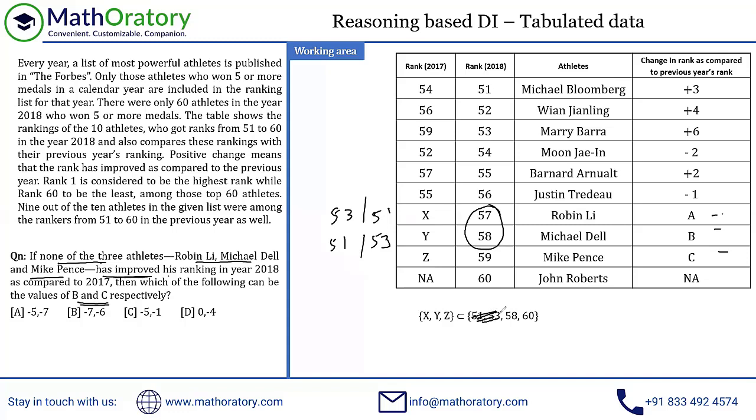So don't worry about this anymore. For the Z, we cannot assign 60, so this C becomes positive in that case. So it has to be 58. So this is fixed. So Z has to be 58 in this question.